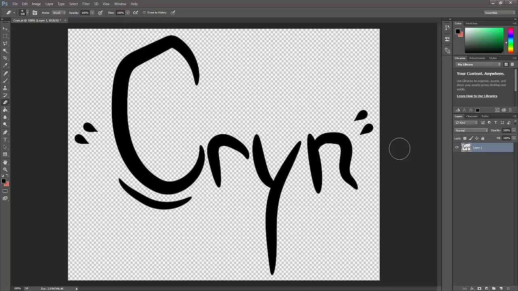And what you could do, what I was talking about with the drops earlier, you can Control C, Control V, or Control J to make a new layer of it. And then on the layer you just made, delete all of the text area besides the drops, or whatever you want to enhance. Then click delete, then you'll just have the drops. But if you want separate drops for each, after you've deleted the text, Control J again, and pick which one you like. So I'll take this one out,